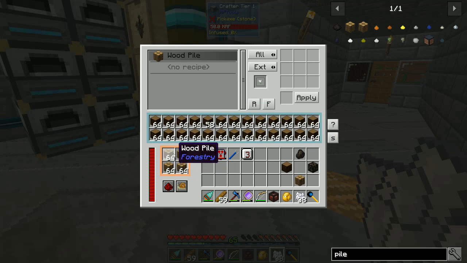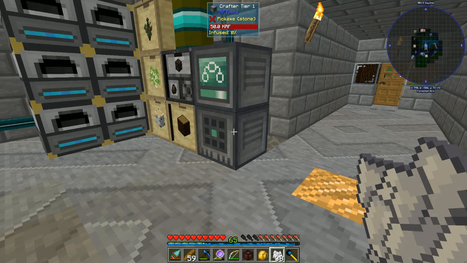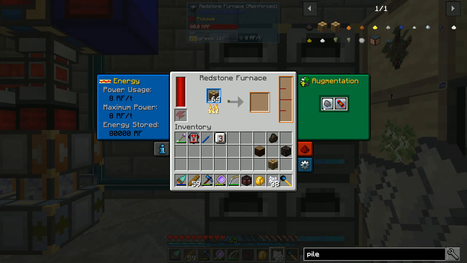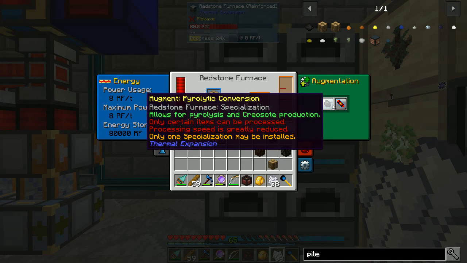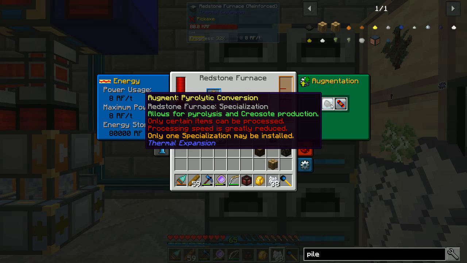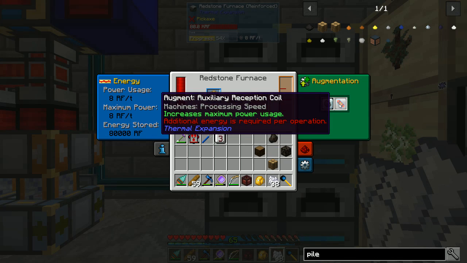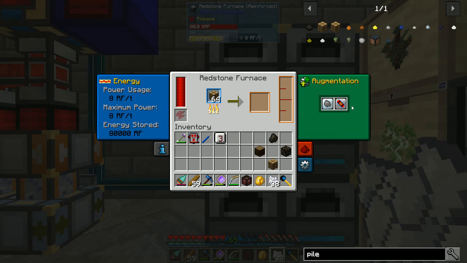buffer. So these wood piles are getting extracted from here, round robin, all around all of these redstone furnaces. And if you notice, they've got 2 augments in them. So the first one is this pyrolytic conversion. The pyrolytic conversion is what makes it make creosote. The problem is it runs slow. And I had to put in an auxiliary reception coil. And I'd love to upgrade these. I just don't have the signalum yet to put in another one. But look at what it's costing me for power. 8 RF a tick. Takes about 10 seconds and turns this wood pile into those 6 charcoal and that 600